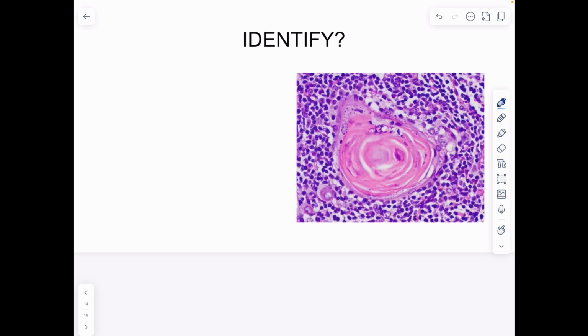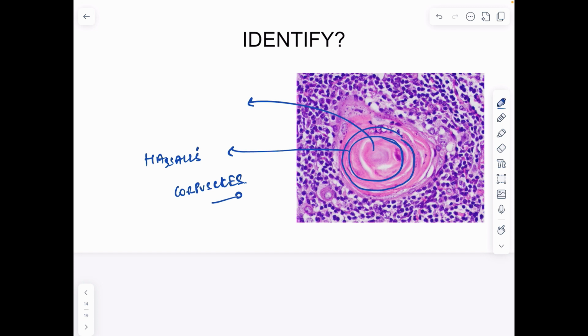Next, whenever you are presented with a structure on the histological slide which appears like the Kerala paratha, so it is a lobulated structure, it has to be identified as the Hassall's corpuscles. You know what the hallmark features of the Hassall's corpuscles are? It is found in the medulla of the thymus and presents with concentric layers of keratinized epithelial cells, and it appears eosinophilic, that means pink staining, in the form of a whorl. So it has a whorl appearance,